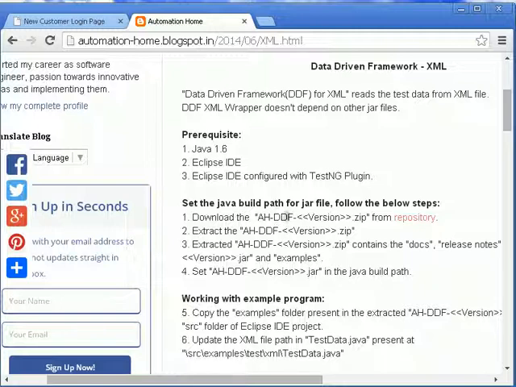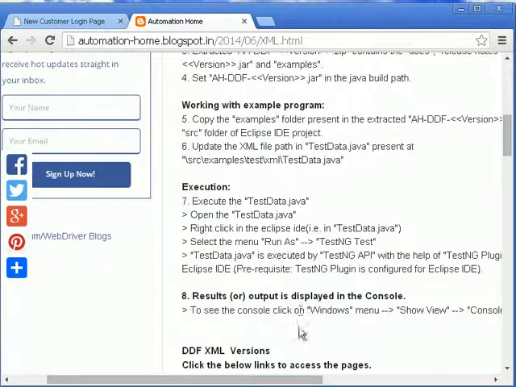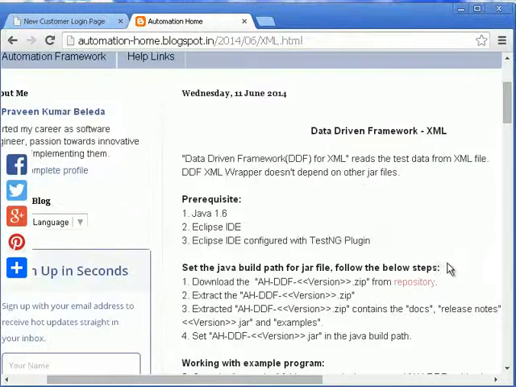This is where you can download the data-driven framework version 3.0.2 from the repository and extract it. This is working with the example and execution. So let me click on the repository. From the repository, download the version 3.0.2 zip file.